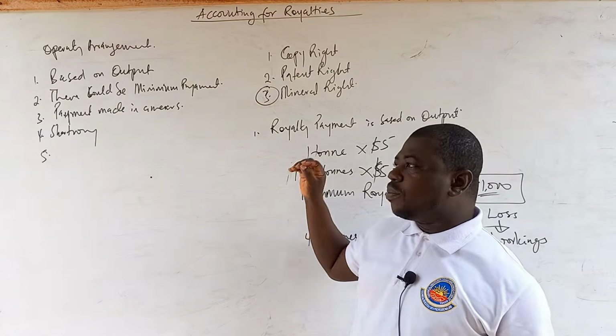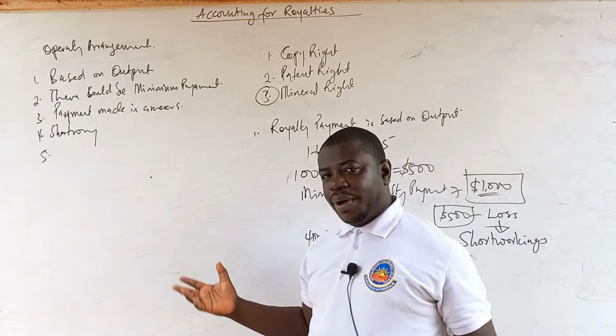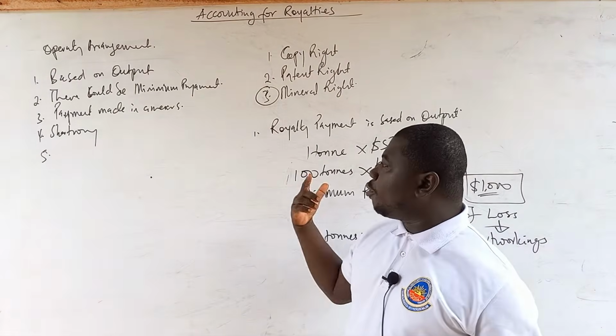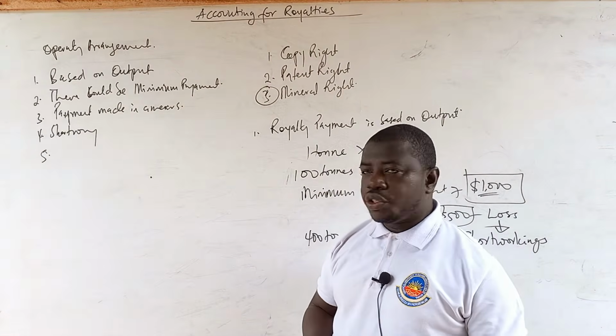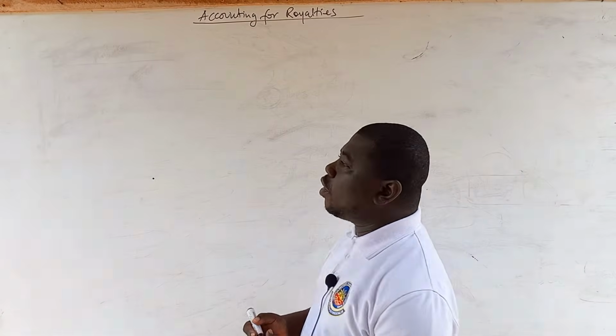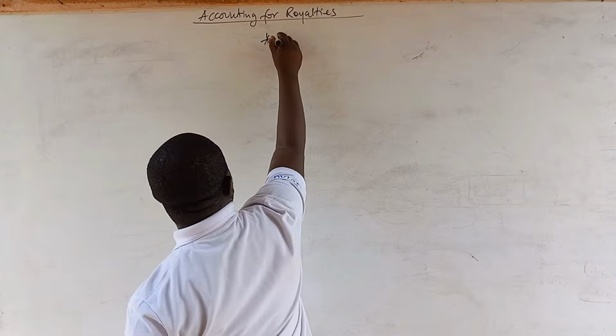So I'm going to use some imaginary figures to explain to you how it is done. Then I'll show you how accounting procedures should also be done. And then from there, we will take a question and then solve it together. So let us consider the accounting arrangement, okay? Now, when we talk about the accounting arrangement,